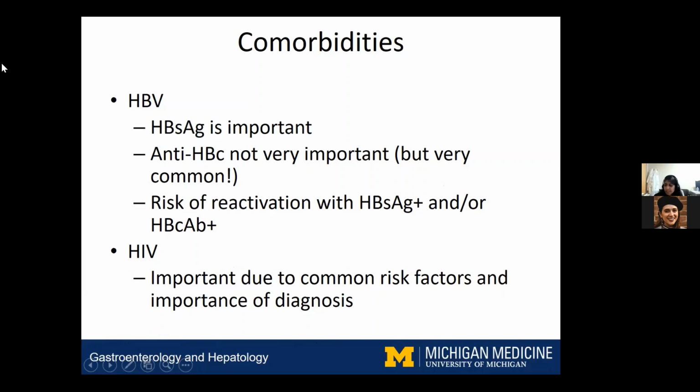What are some other considerations in terms of pretreatment? It's important to understand what the status of the hepatitis B and HIV is in a patient before we start treatment for Hep C. So testing for Hep B and HIV is very, very important. And this is also because of shared routes of transmission, right? These are all bloodborne